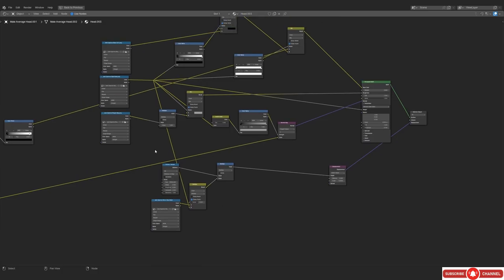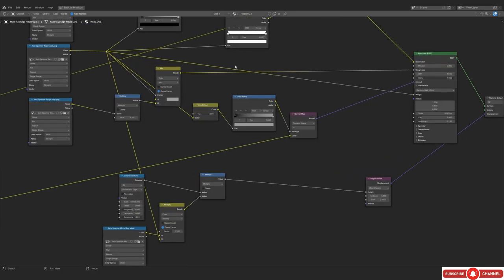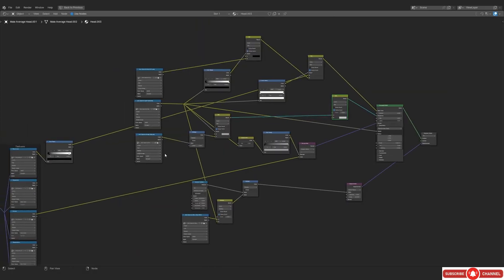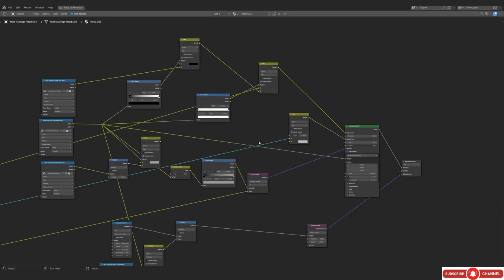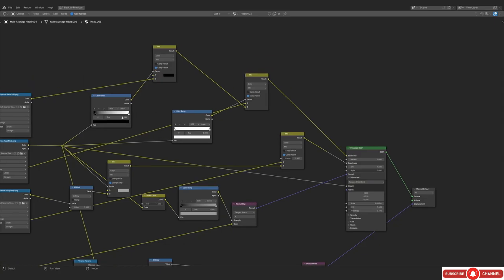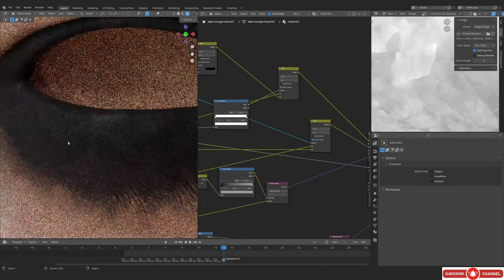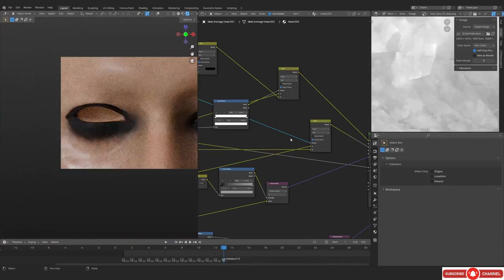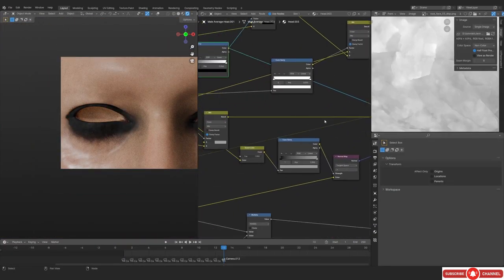This is the node setup. I know it's a bit messy. It would not have been messy if we were not doing the mascara part, but it actually is because we are doing the mascara part. But again, we are gonna be just doing the same thing, putting this into the first slot, and the mask is gonna go into the effector. So we should be able to now use the same map for the roughness, and this is the roughness that we are getting. Obviously, it's way too rough. I don't want this to be that rough.